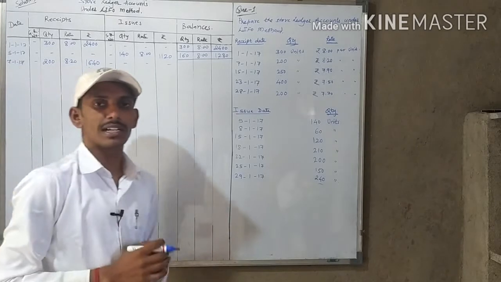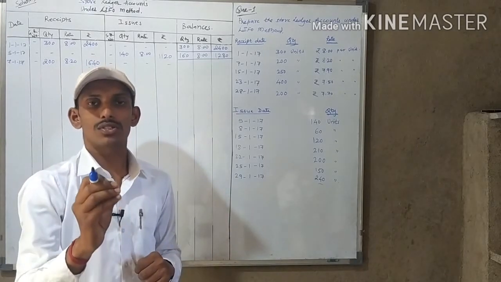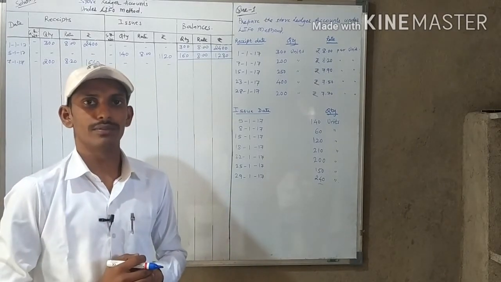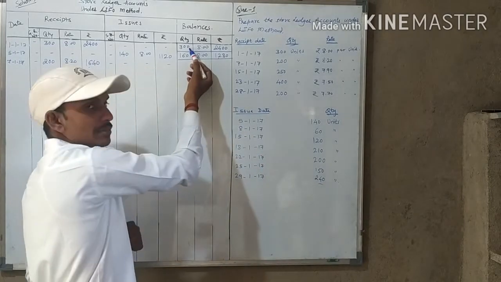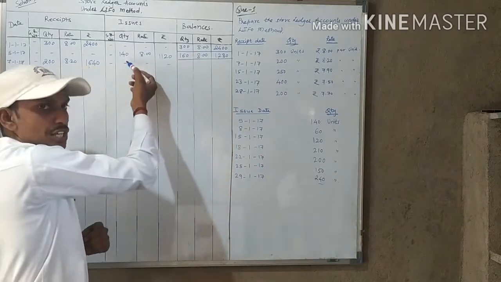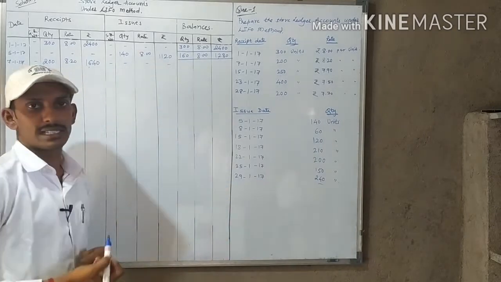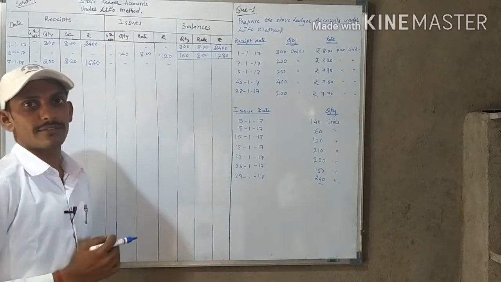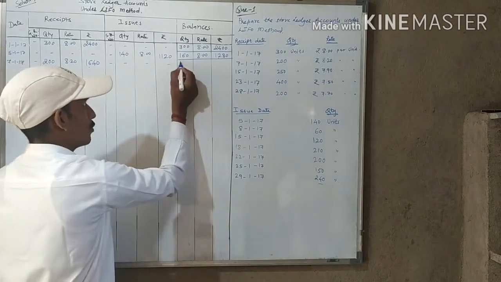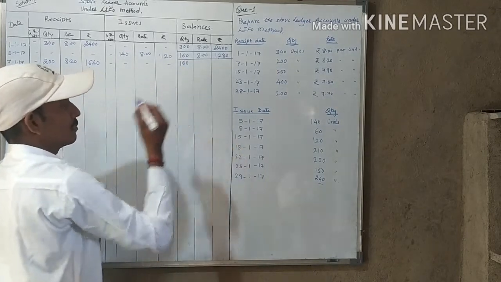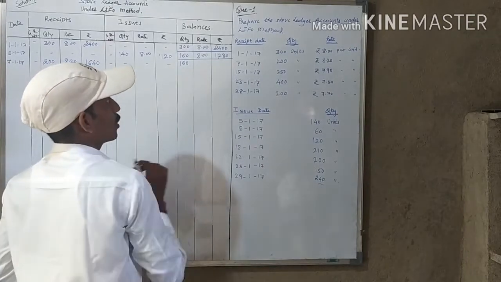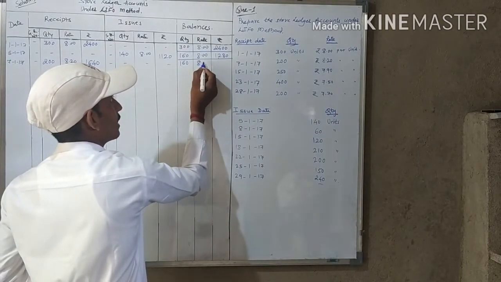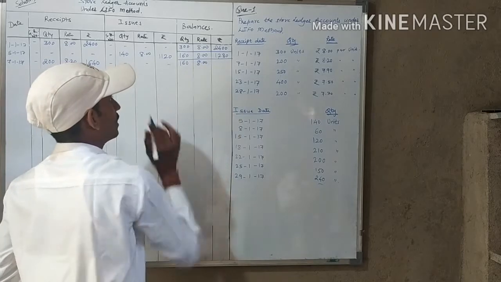Now the question arises: how much stock is available in the godown? Earlier we know that in the first lot we purchased 300 materials, from that we issued 140, and 160 remained. Those same 160 goods are available in the godown. So first of all we have to show the first lot we purchased and which is available in the godown: 160 quantities, and the rate of that quantity is 8 per unit.